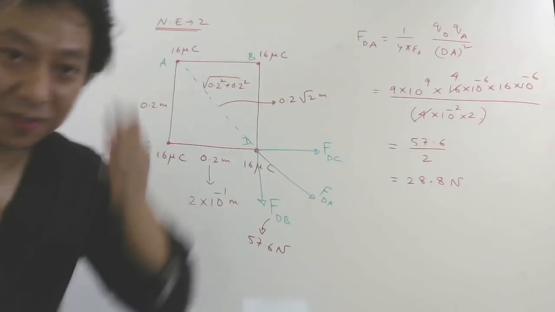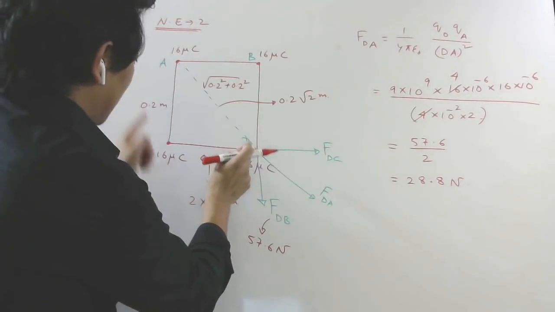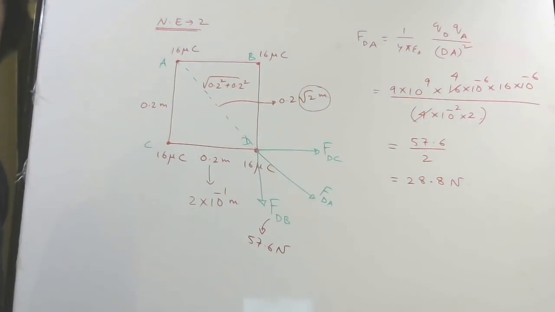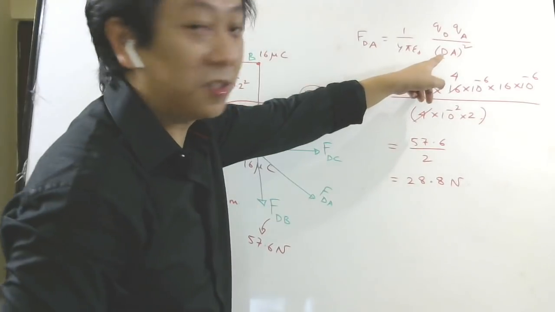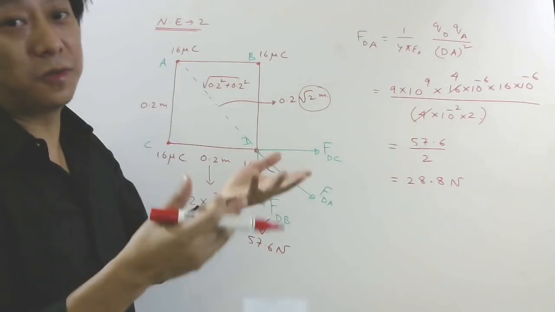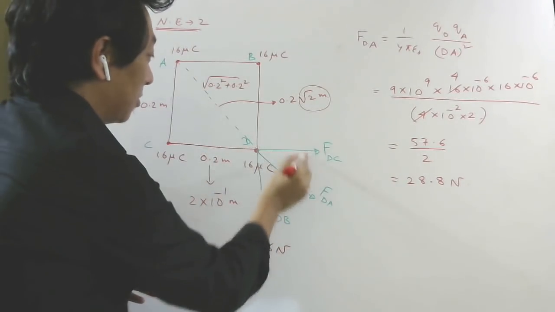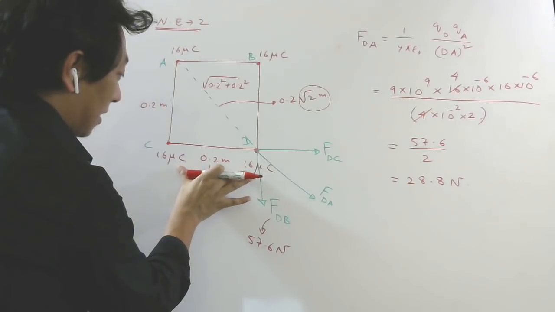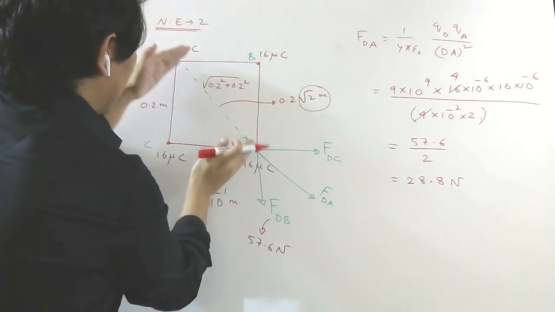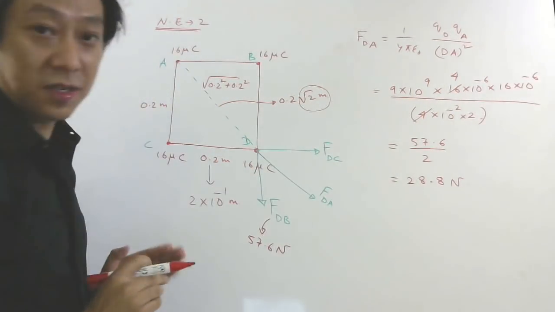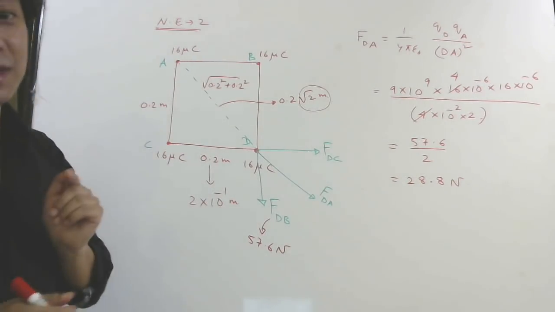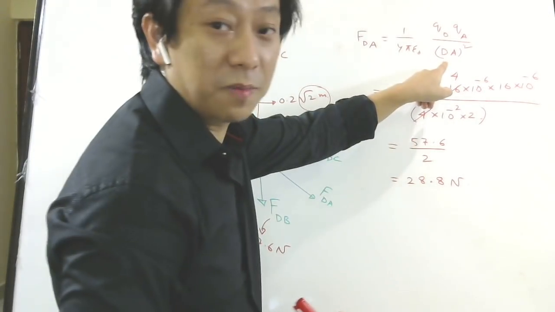Okay, and that makes sense also, because this distance is larger than this distance by how many times? By root 2 times, right? Since force is inversely proportional to distance square, the force will become 1 by root 2 square, which is 1 by 2 times the initial force between these two, because these charges are the same as these charges. So charges are the same, but this distance is larger than this distance by root 2 times. So the force will be less by 1 by root 2 square times. Why square? Because the force is inversely proportional to the square.